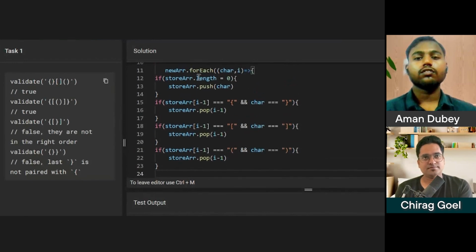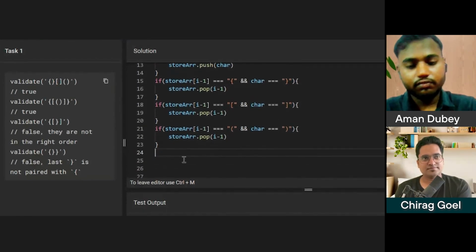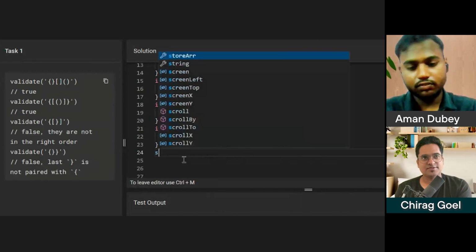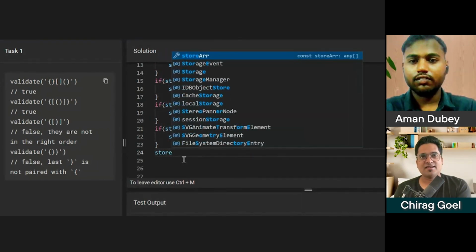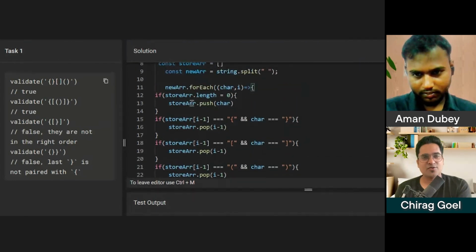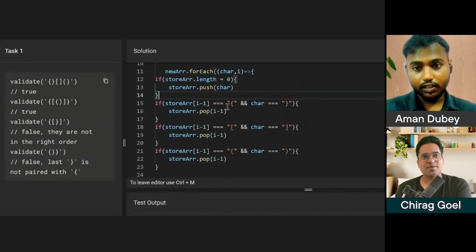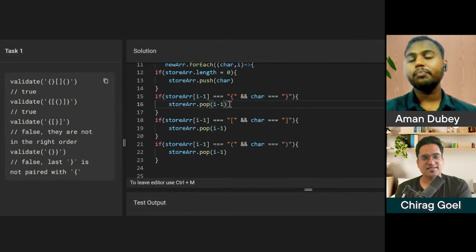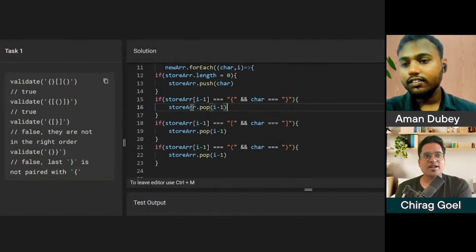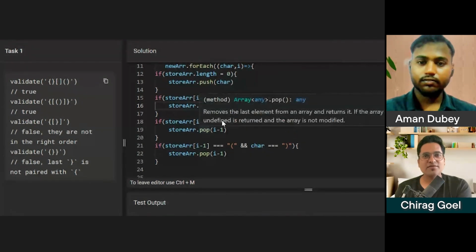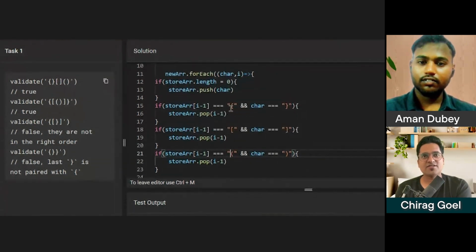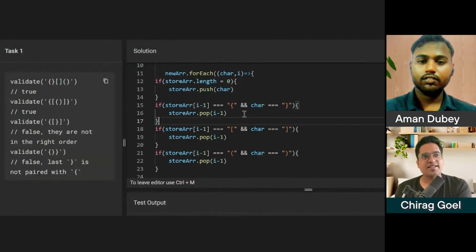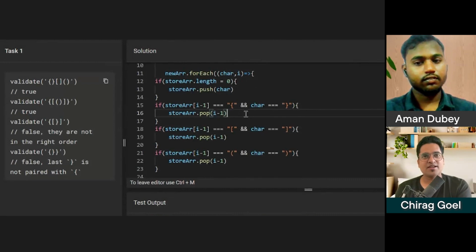So I will just do array dot push. Do you really think your flow is going to terminate above if any of them is going to pop? Line number 15 if will execute, then line number 18 if will execute, and then 21 will execute.